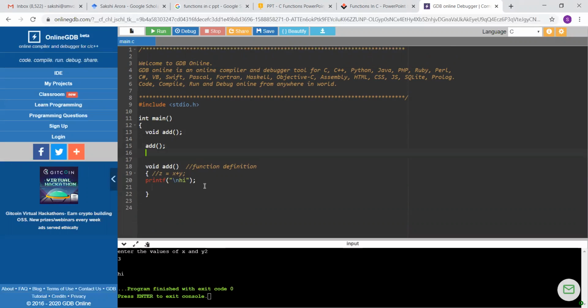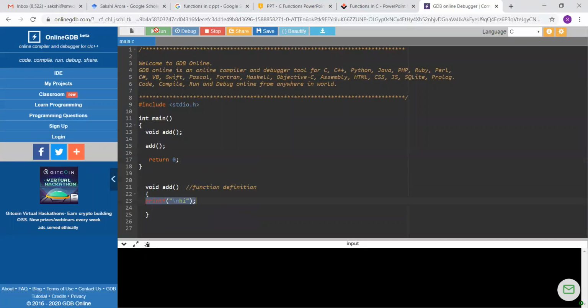Okay, and after closing this main, we have tried to give the definition of what this function is going to actually do. Okay. Now, this is all that we have done. We have declared the function, we have called that function, and here we have defined what that function is going to do. And when we run it, it will run smoothly. Okay, it is going to print hi. This is all that this is going to do.